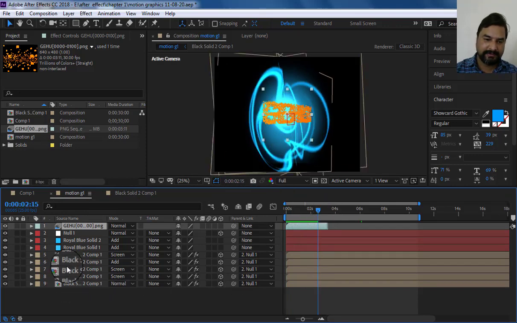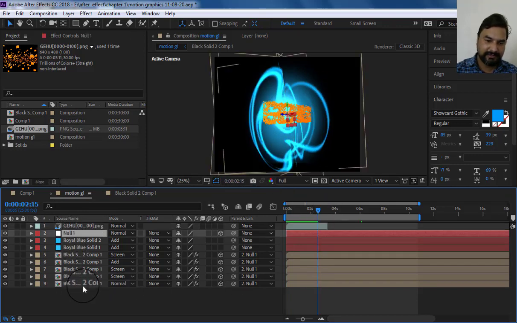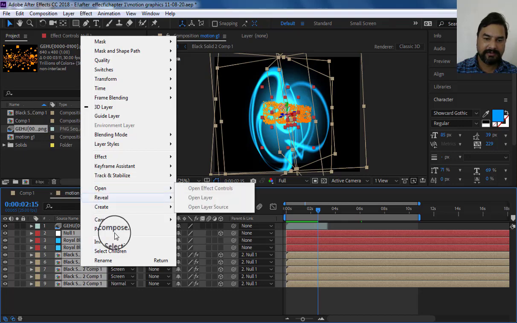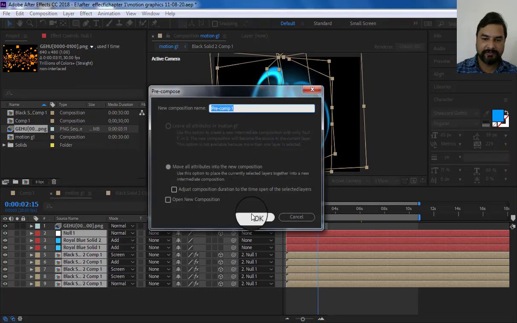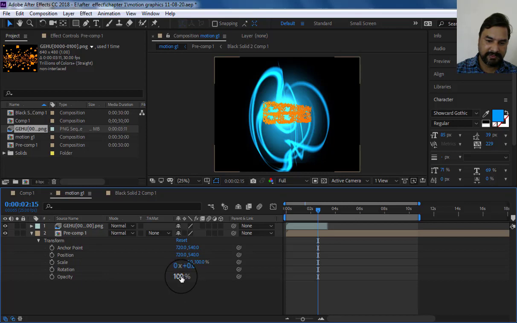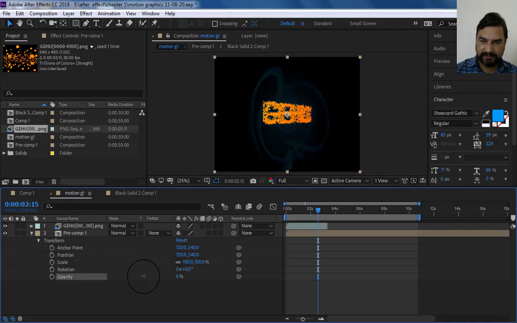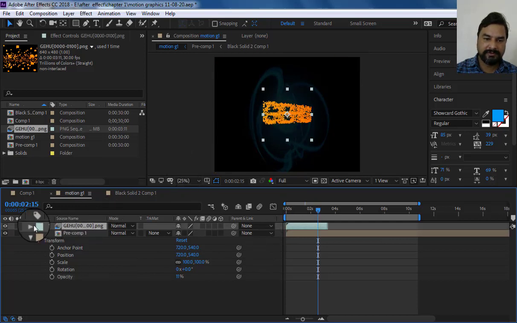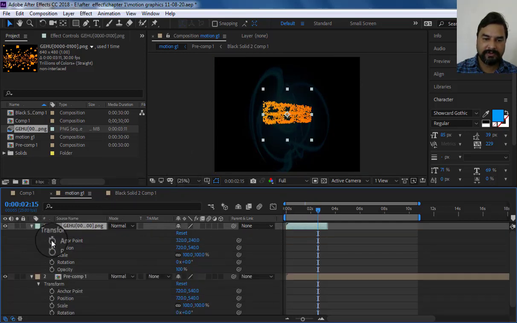Now press this one, select all, right click, and we can use precomp. Yes. Okay, go to the option. Here is the opacity. We can use opacity to minimum, then select this one.